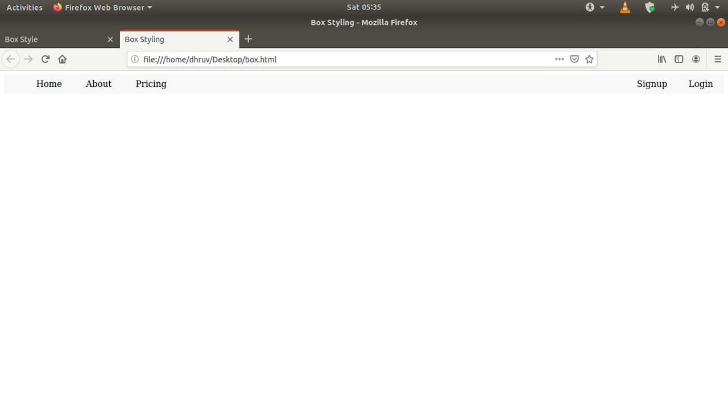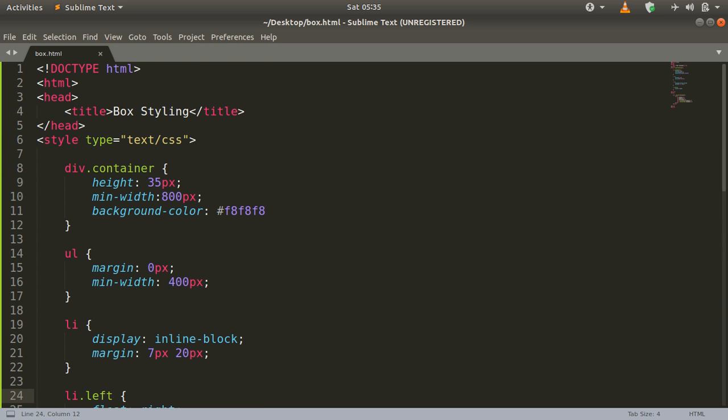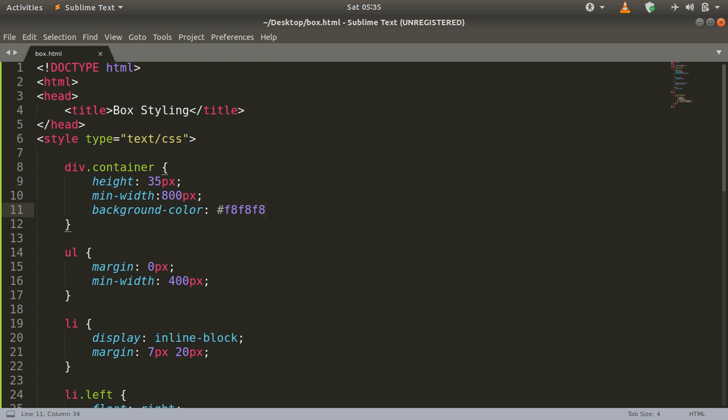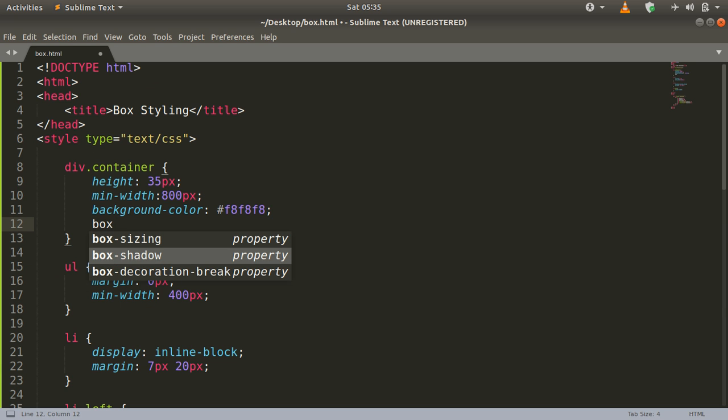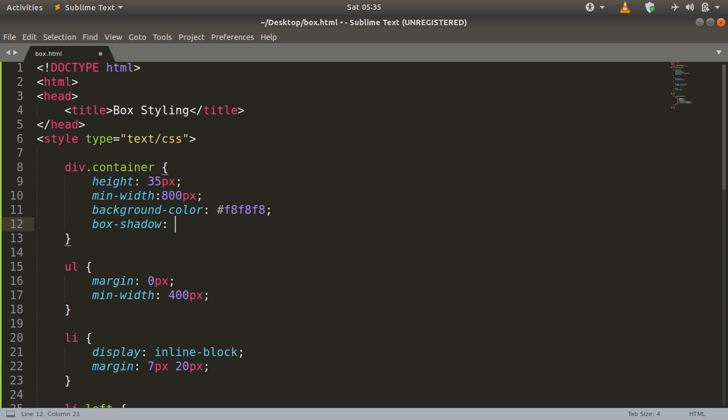Okay, so let us now start designing a web page. The only property which is left here is the box shadow property. What it basically does is, let us add the box shadow to our container. It provides an effect of shadow to any container or any box. It takes basically four values.